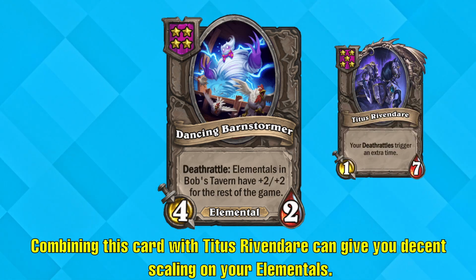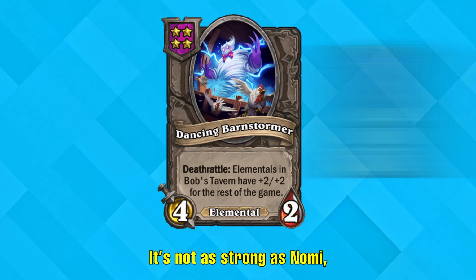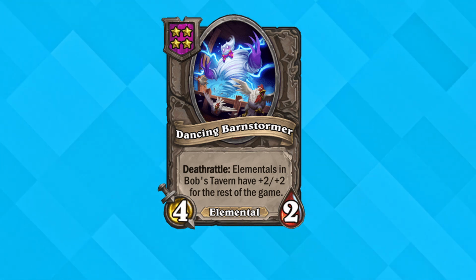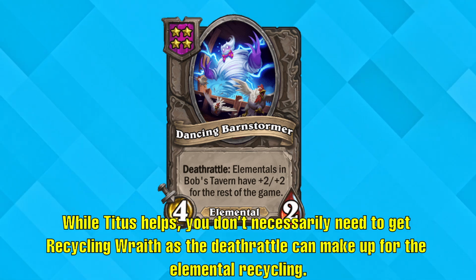Combining this card with Tidus Remender can give you decent scaling on your elementals. It's not as strong as Nomi, so it's incredibly important to triple your elementals if you ever want to have a shot of competing against other builds. While Tidus helps, you don't necessarily need to get Recycling Wraith, as the Death Rattle can make up for the